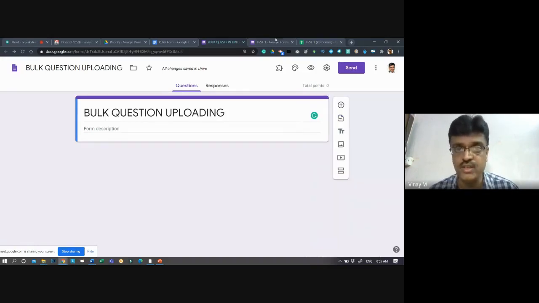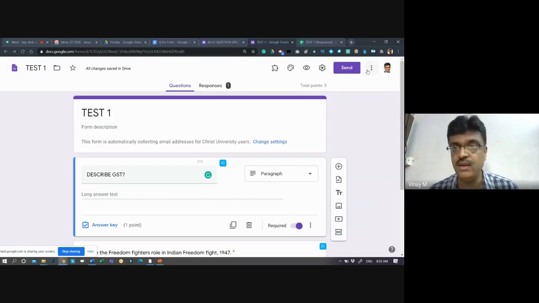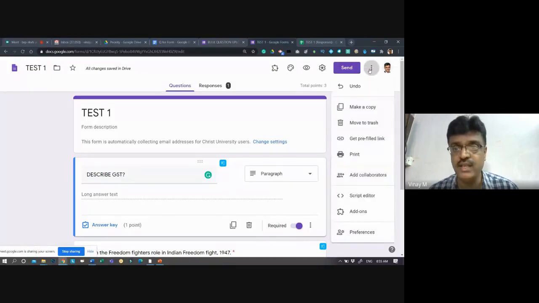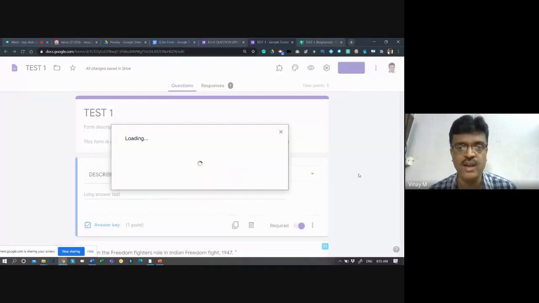How can I share this Google form with somebody else? Don't send. If you send, nobody can copy questions from your Google form into another one. What you need to do is, there is an option called three dots here. There is an option called add collaborators. Only then do they also become a part of your Google form as an owner. They are collaborators. They can work along with you. Then only they can import the questions, not by sending. Sending is only for the end user, only for the students and other people. This send will be there. For all other things you have to add collaborators.